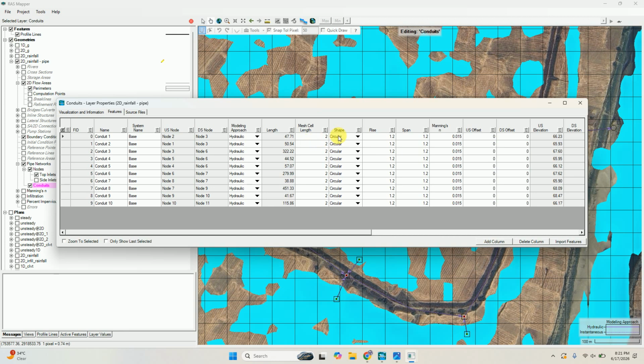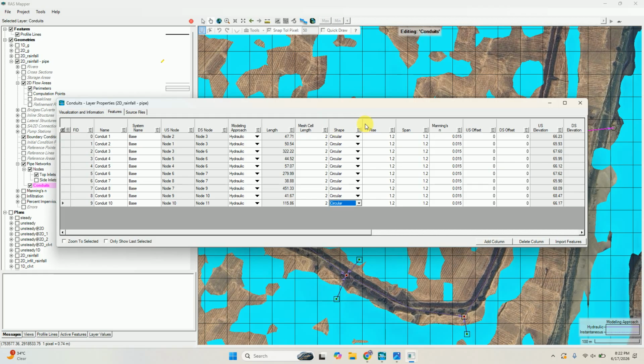In this version there is a choice of shape selection for your conduits. I have selected the circular type for all conduits, but you can select other types, as lots of shapes are available. On that basis you have to give rise and span. If you give the same rise and span, it means it is circular.